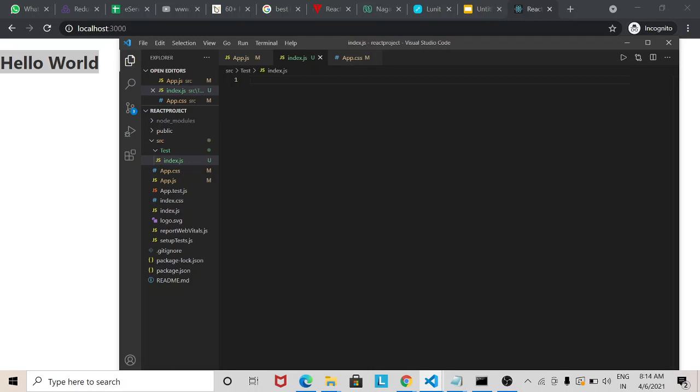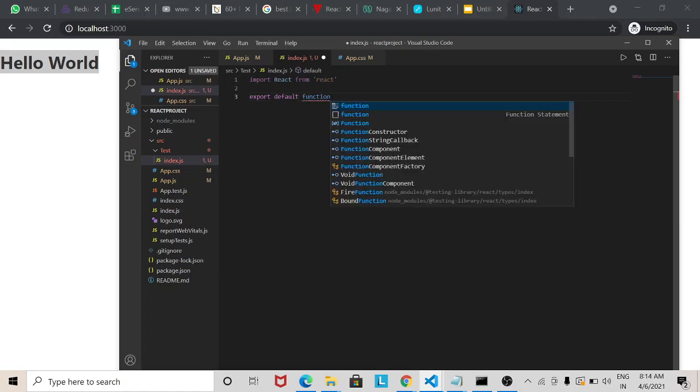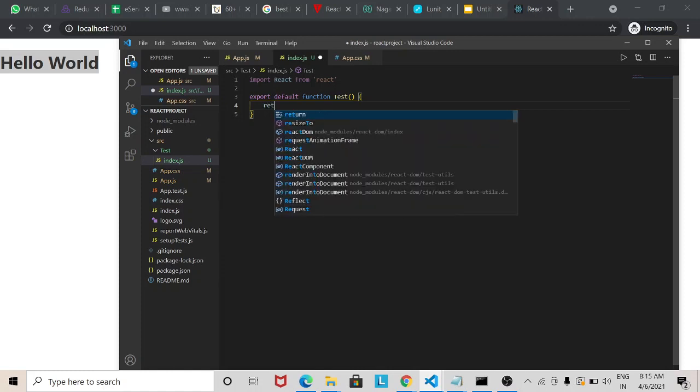So let's write the code. For this I will first import React. So import React from 'react'. Okay, now I will make a class. So export default function, and then we have to add the function name. So I will name it Test. Okay, and then I will make the brackets and also a curly bracket. Then we will add here the value of the function, that is the return. Return,